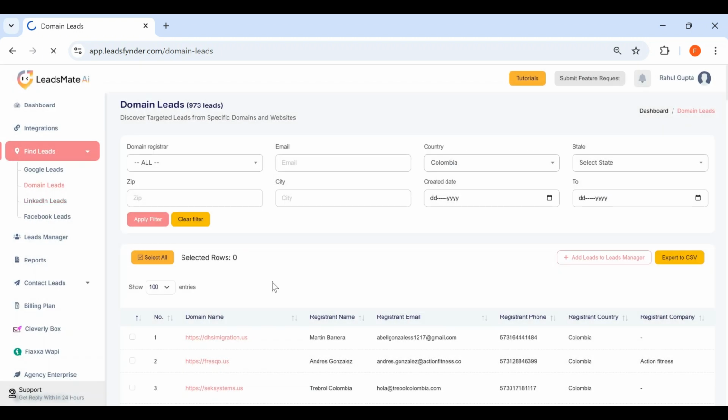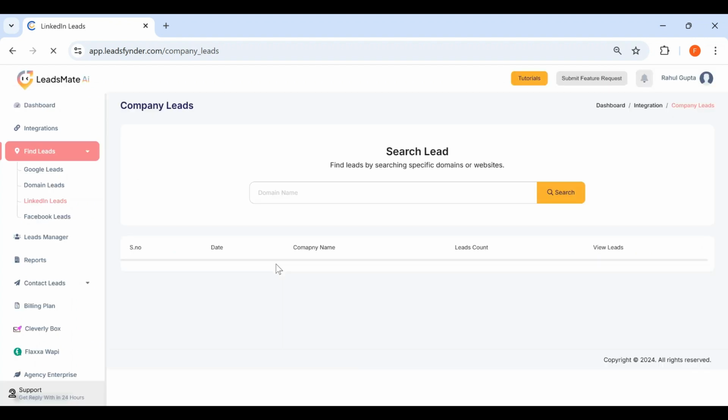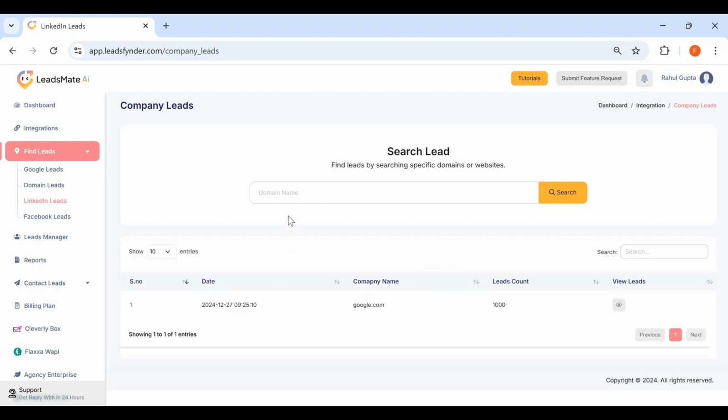Same thing goes to LinkedIn leads. Now, the really cool part about LinkedIn leads, say you're a business and you want to reach out to the head of, say, marketing of Microsoft. Okay, now you can do that. And all you have to do right here is place the domain name of the company. For example,